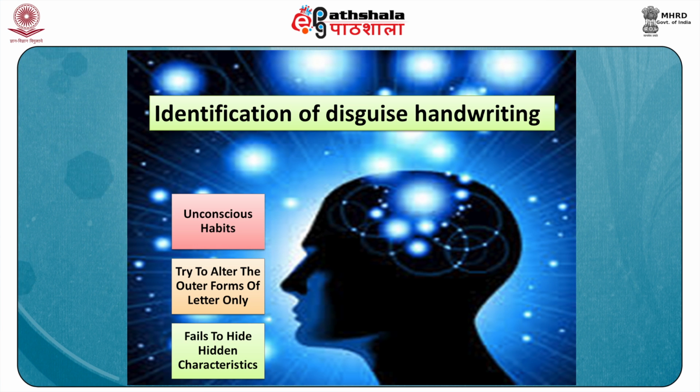Secondly, persons generally do not know much about their writing characteristics and they try to alter the outer forms of letters only, considering that such changes will securely shield them. Certainly, the writer fails to hide those hidden characteristics with which he is not familiar. The comparison of these silent features enables an examiner to trace out the real person and makes the disguise a vain